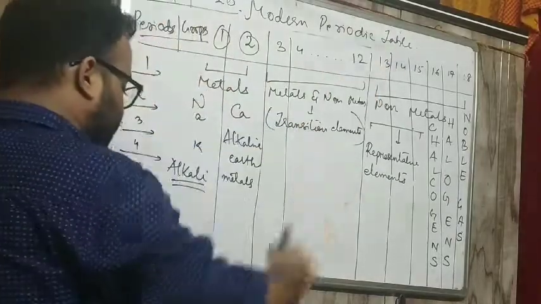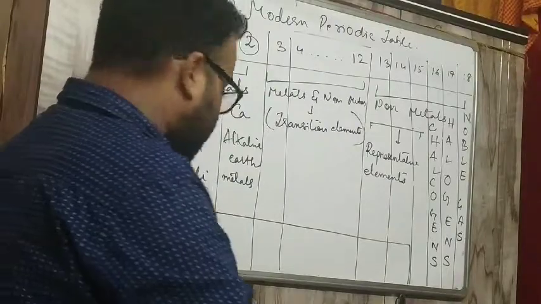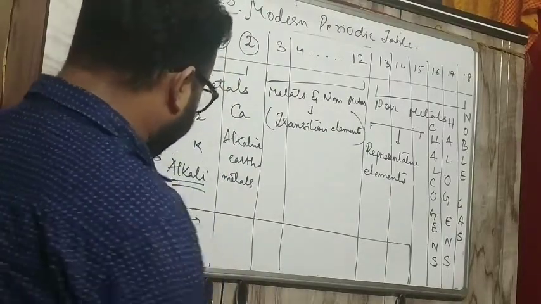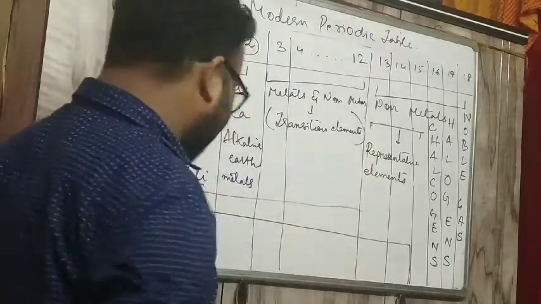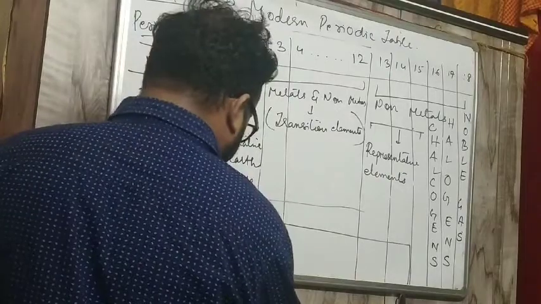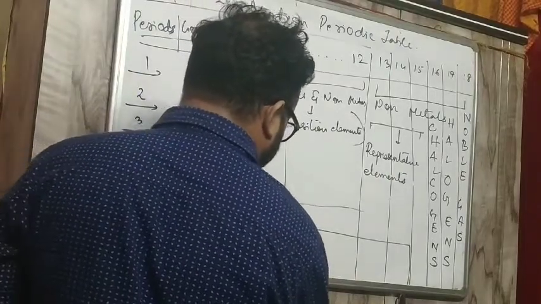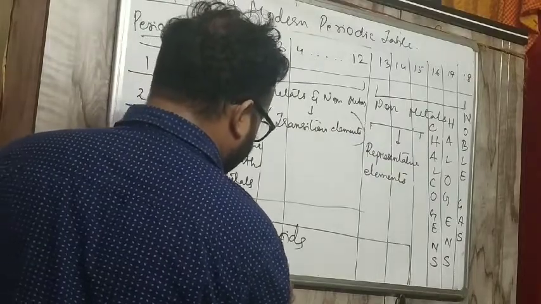So these are the elements. Below the periodic table there are two more rows, in the 6th period and the 7th period. Whatever we discussed was till the 5th period. In the 6th and 7th period you have another group. The 6th period is known as lanthanoids, and the 7th period is known as actinoids.